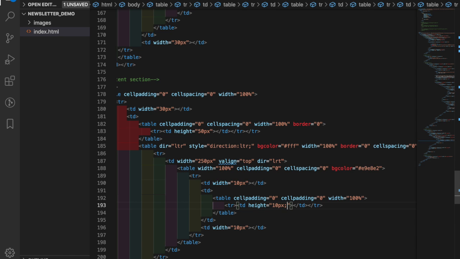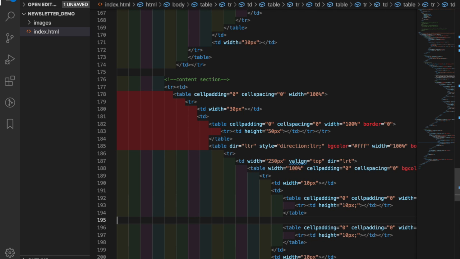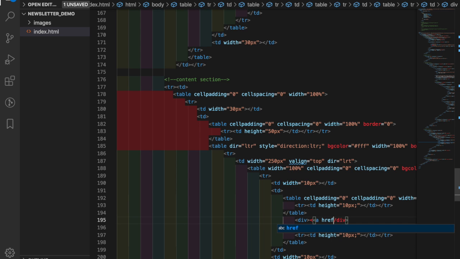10 pixels is fine, I guess. Nice. All right, so that is fine, I guess. All right, this is done, and this we need to copy here from here, and inside this you can create a div where we have an anchor tag href which is linked to our